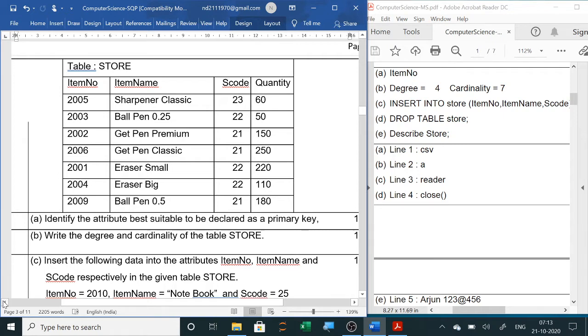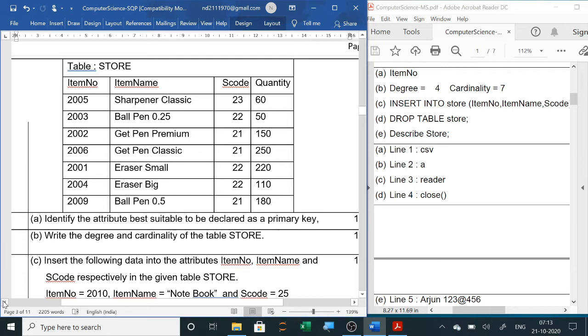We have already studied that a primary key always has unique and not null values, and it is used to search any tuple in a relation, to identify the tuples in a relation. So here the unique and not null attribute is item number.